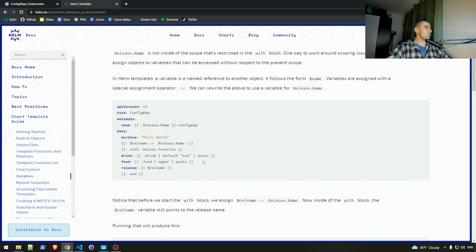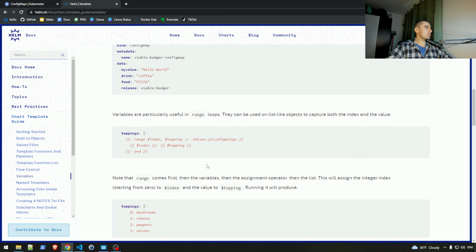So we're moving on to read about this. And yes, this is the functionality we're looking for. So we're ranging through values.pizzaToppings. This is the key, this is the value, and then you just spit them out. Okay, so